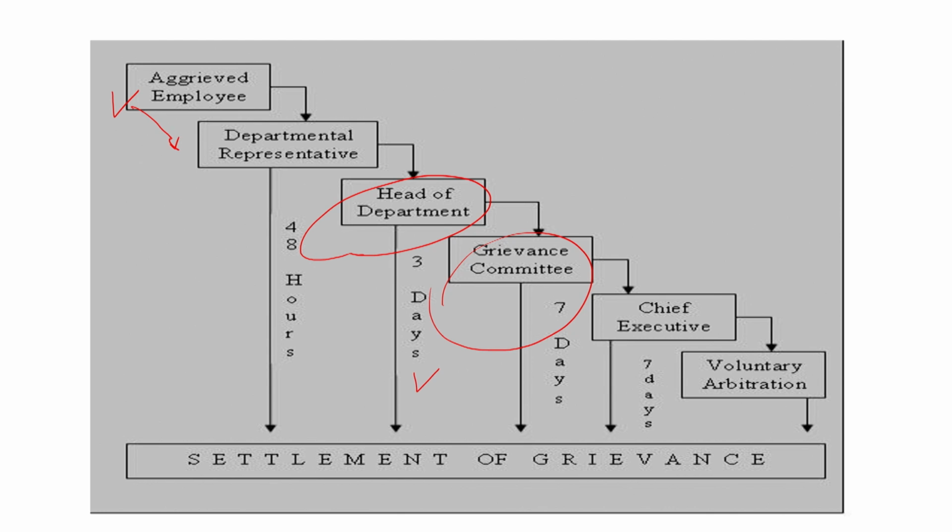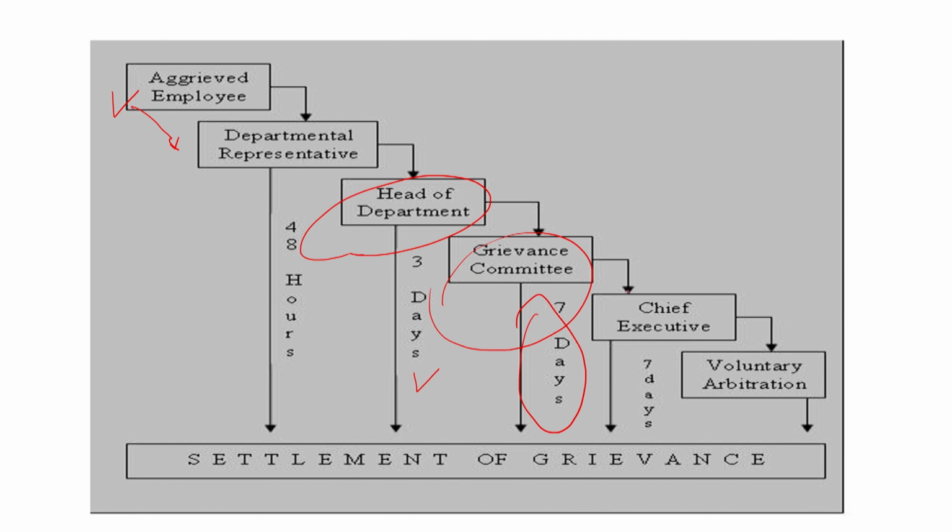So, basically the grievance committee makes its recommendation to the manager within 7 days. It says that okay, you have followed the step, the recommendations are made within the 7 days, and then the final decision of the management on the report of the grievance committee must be communicated to the aggrieved employee within the 3 days. So, even if they are taking 7 days, ideally it is expected that they will be communicating the decision of the management, in consultation with the recommendation of the committee, within the 3 days.